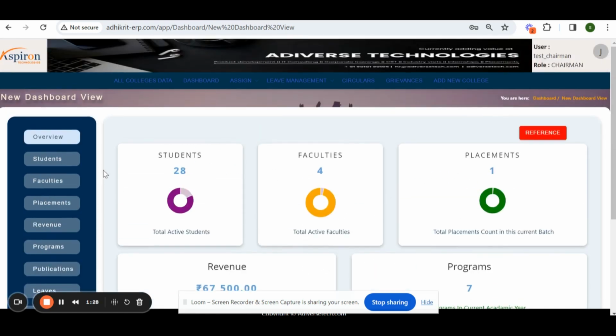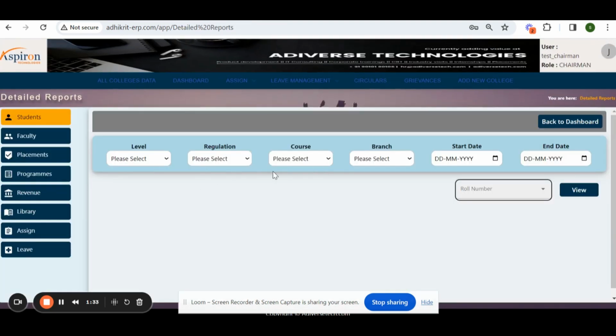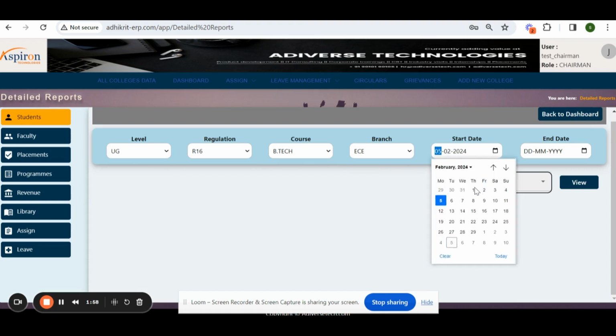So to have a detailed view about all these, just click on the detail view here, and here in this student page you can have the list of the students that got admission in the particular batch and particular course in the given period of time. So first let's select the appropriate option from the drop down. I'm giving the required date here,